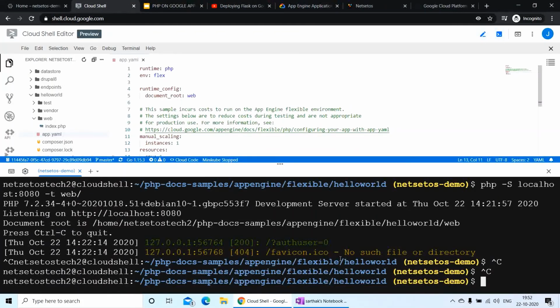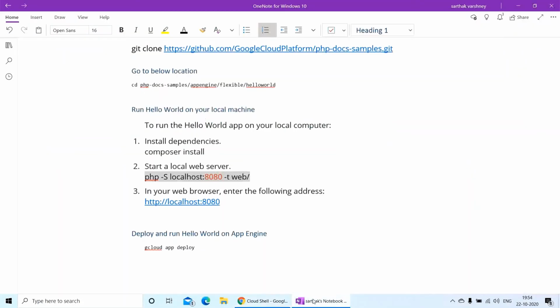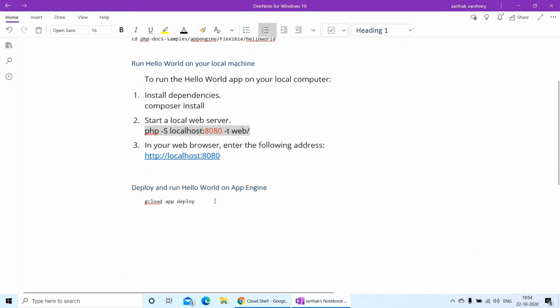So it's finally time to deploy our application on Google Cloud App Engine. You might be thinking that it is tough, but believe me, it's very easy. It is a single-line command and you are ready to make your website available for all your friends, for all the world. So without wasting any time, I will just give you the final command, and that is gcloud app deploy.